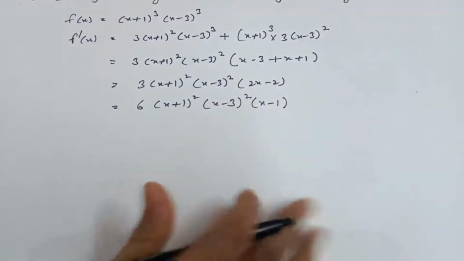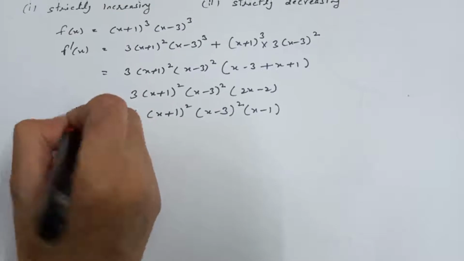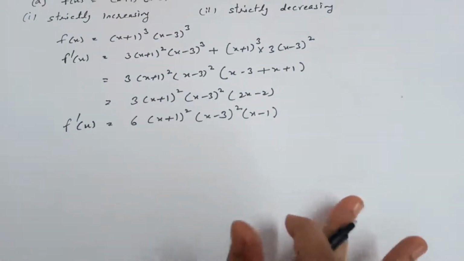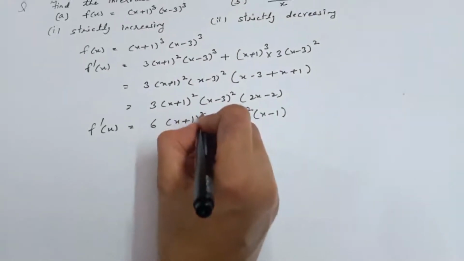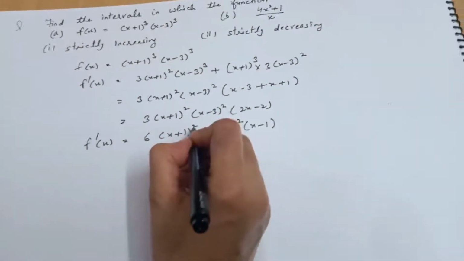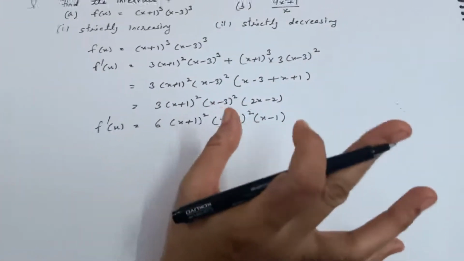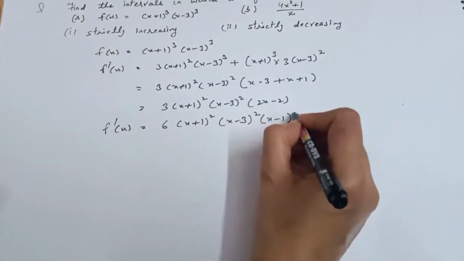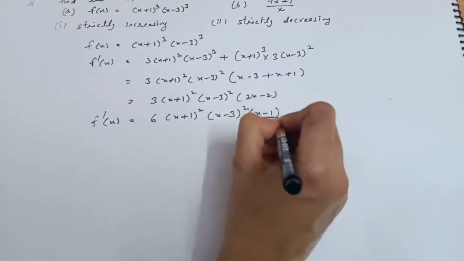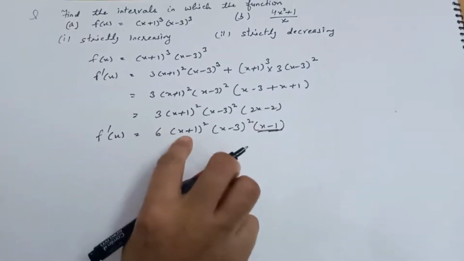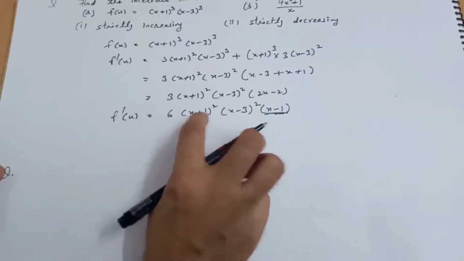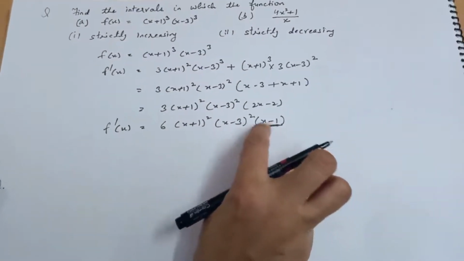How I would come to know this f dash x is greater than 0 or less than 0? That will tell me the interval, whole interval. So I will see this is whole square. You know, polynomials, even power will not judge the sign of the function. Even powers you will ignore. You will see odd power here 1. So this will decide the sign of the function, because this will come always positive. Whether you are putting x positive or negative, this will give you positive. This also positive. So its 0 is 1.